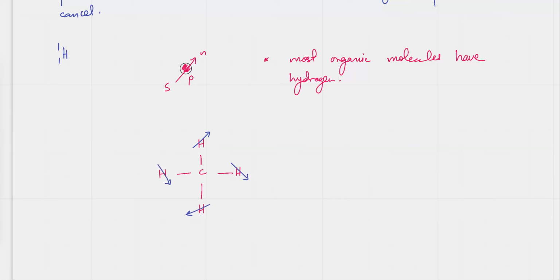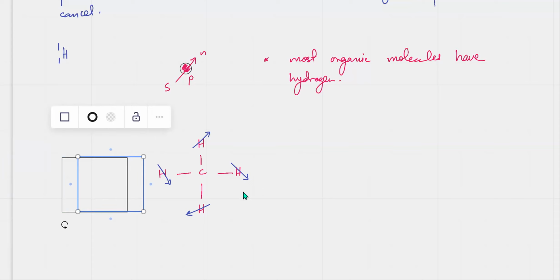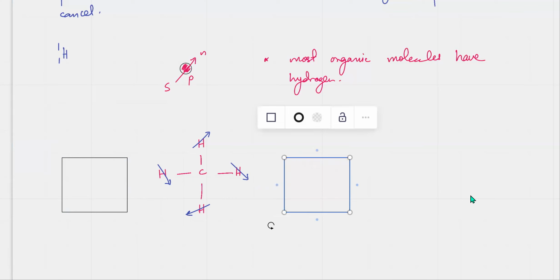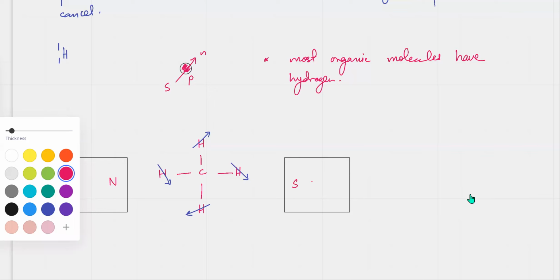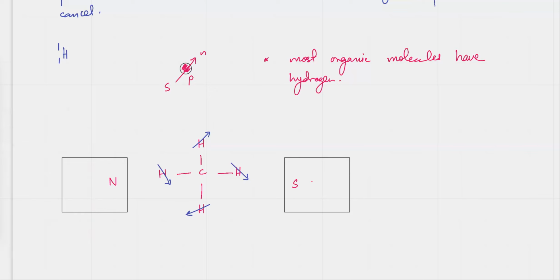So what they do is they take a big magnet. For example, there's a North Pole. Most MRI scanners are kind of like big magnets. On one side there's a North Pole, and on the other side there is a South Pole. They put the CH4 molecule into this powerful external magnetic field. Now, what happens when you put a CH4 molecule into this powerful external magnetic field? What's going to happen is that there would be strong